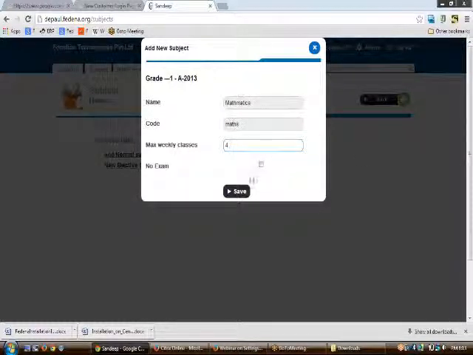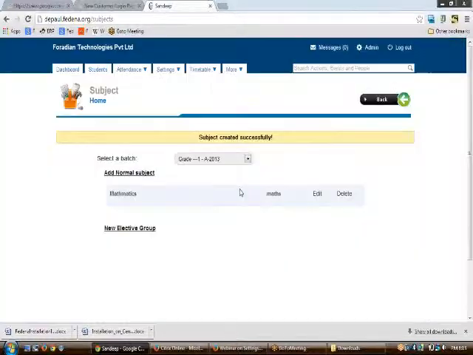Now if you have the subject as no exam, then whenever an examination is created, this subject won't be available for evaluation or scheduling. So on hitting save, you will be able to